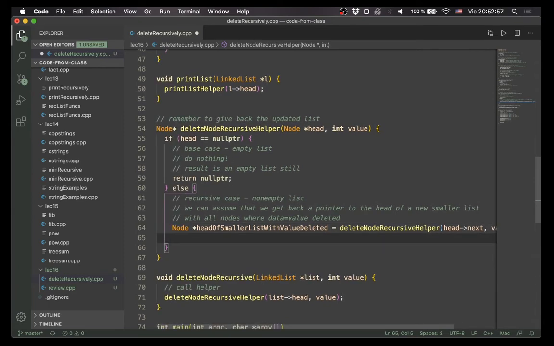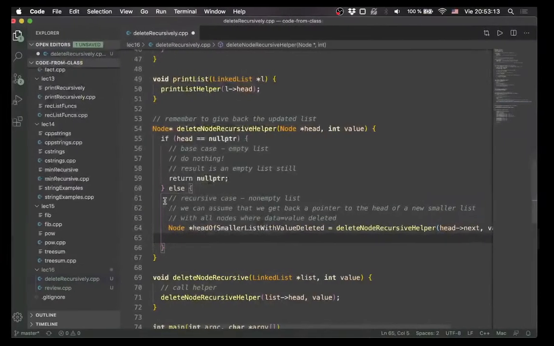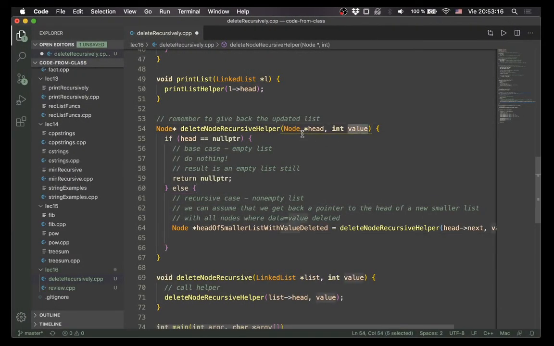And now it's our turn to do real work. So we have to build up the proper answer correctly now using this assumed correct answer for the smaller list. That's the reason recursion works. So we have to now consider our head, that one node that we haven't looked at yet. And so we either need to keep it or not, depending on whether the head's data is equal to value. All right, so if head's data is equal to value,